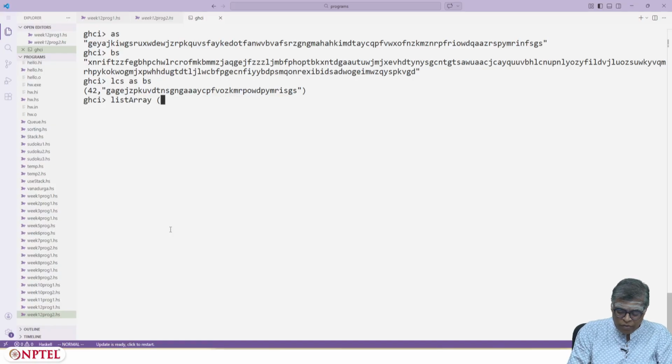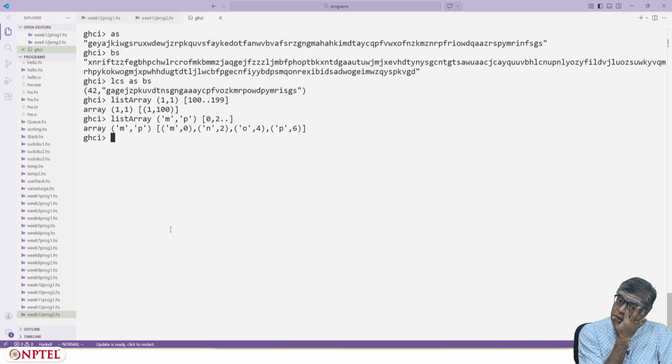listArray (1, 1). Right, I have just one element. listArray, what was the next example I gave? Right, so this is another array.